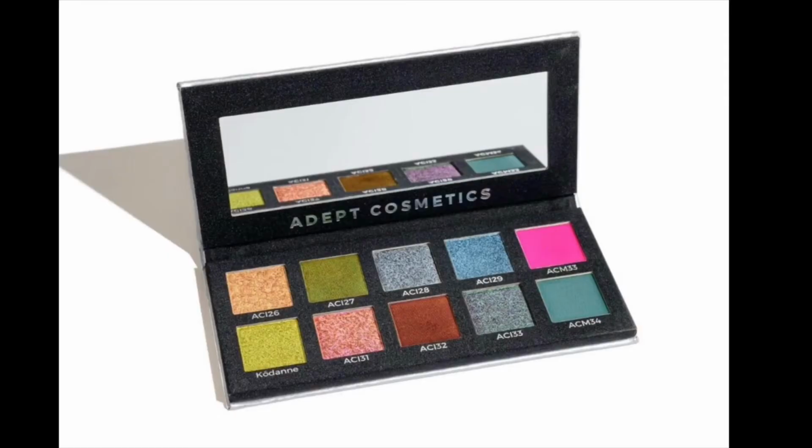They also came out with the Codaine palette, but with its variety of mattes and shimmers, it didn't appeal to me as much since I'm more of an indie shimmer lover. I have plenty of mattes already in my collection from brands I really love. But indie singles are so special, and they're like nothing I found in any mainstream palettes. So the fact that the Codaine palette is a 10-pan palette that also has mattes, it didn't catch my attention